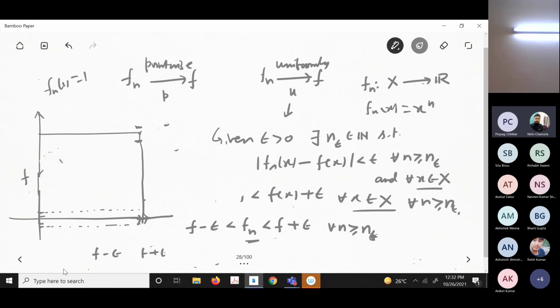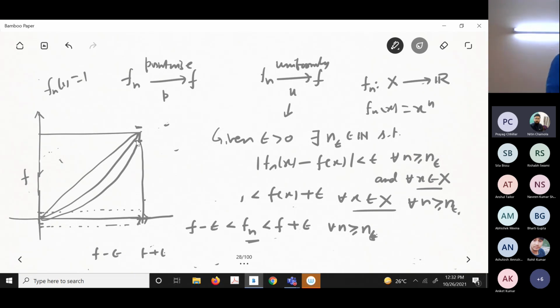But the graph you are drawing, look, around the point 1, it is going out. Whatever n you choose, it is never lying entirely inside the epsilon band of f. Because the graph is reaching 1 this way, but the band of f plus epsilon and f minus epsilon is like this, up to this. The point 1 is making the problem.